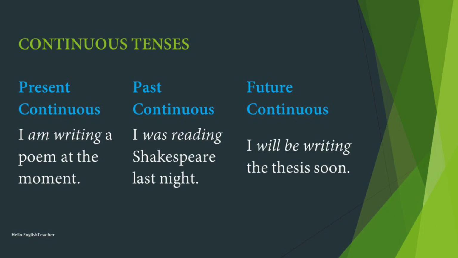Another example is when the phone rang, she was writing a song. Was writing a song is the past continuous. We were listening to music when she cried. Past continuous actions can be denoted simply by using the verb was or were plus the ing form of the verb. Here is a simple example. I was reading Shakespeare last night. Was reading is the past continuous form.